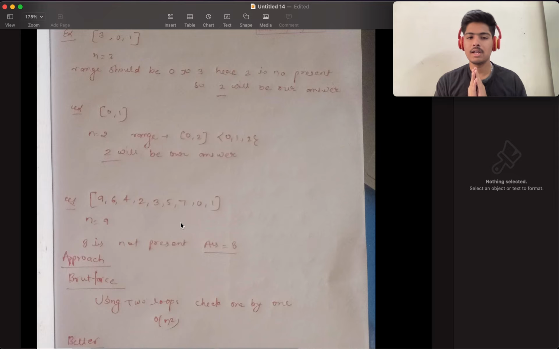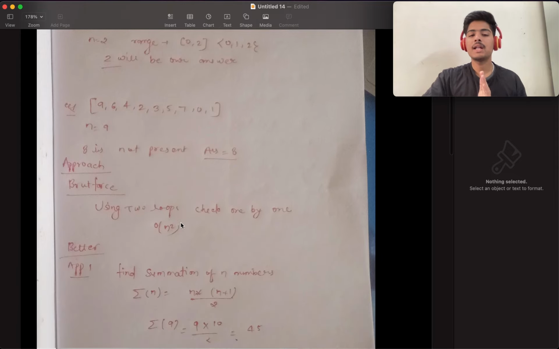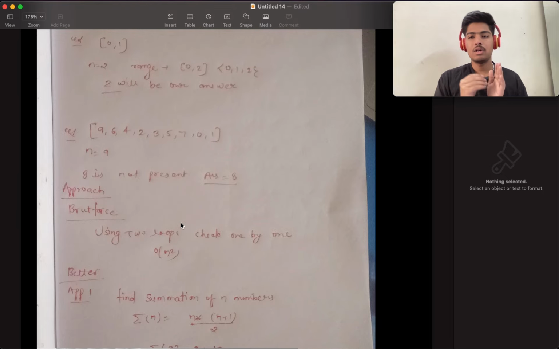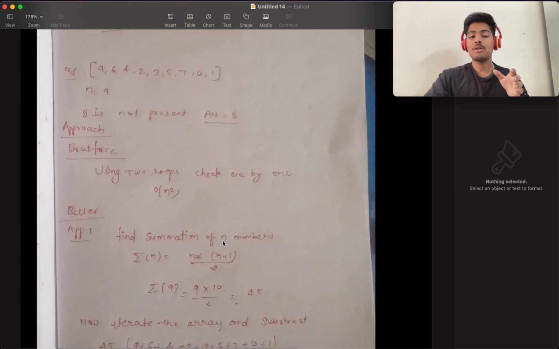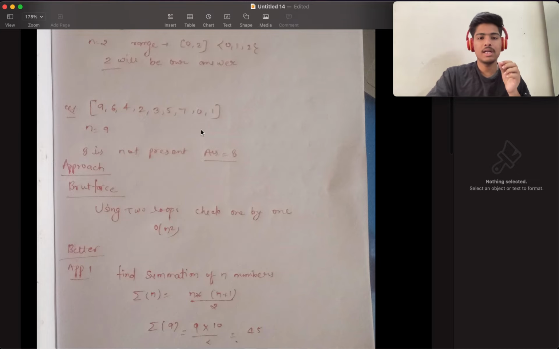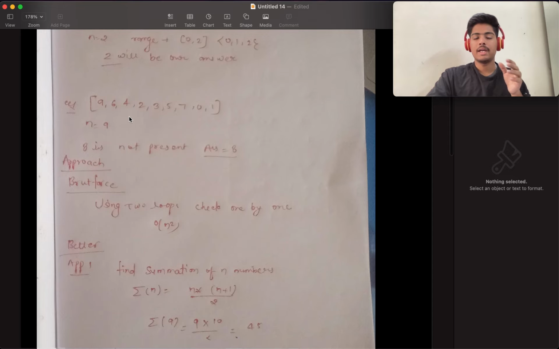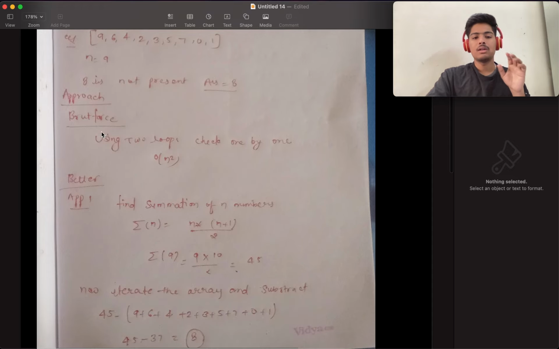For the optimization, what we will do is find the sum, because we are given that the numbers in an array should be from 0 to n. So we will find the summation of n numbers. The summation of n numbers is n into n plus 1 by 2, which is very basic maths. Here n equals 9, as in this example, so the summation of 9 elements will be 9 into 9 plus 1 by 2, that is 9 into 10 by 2,